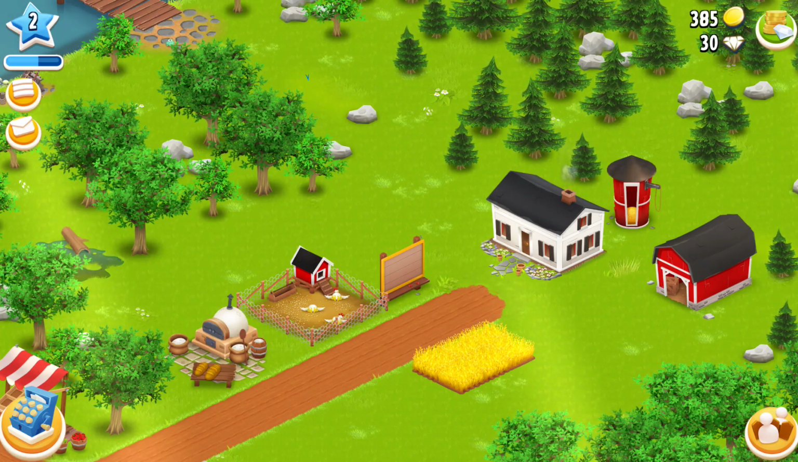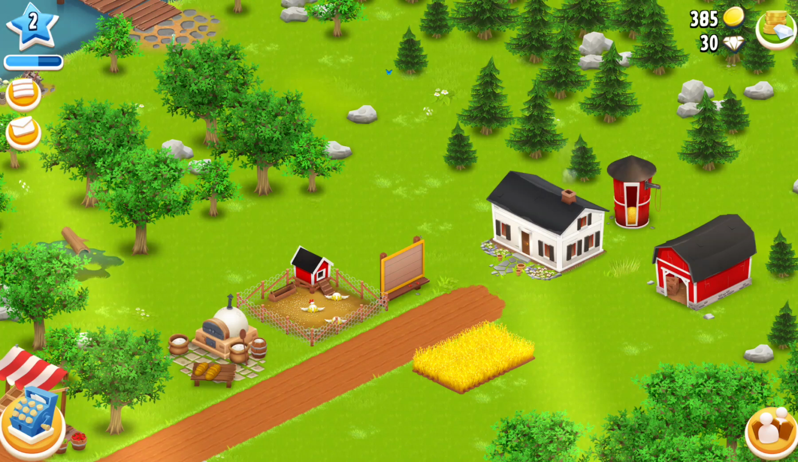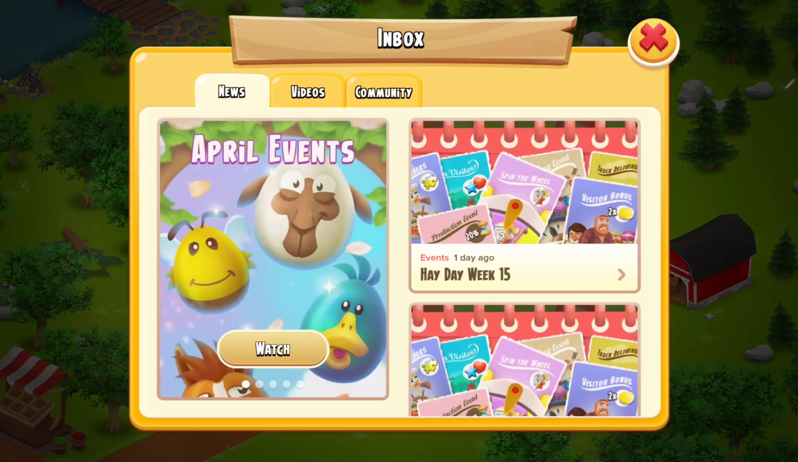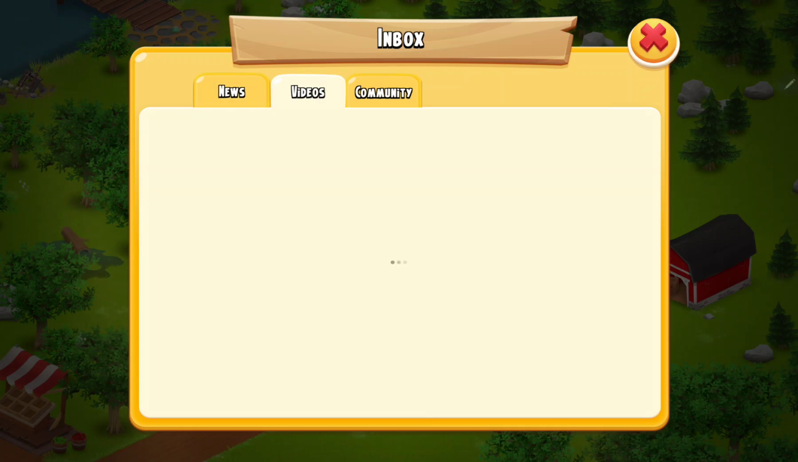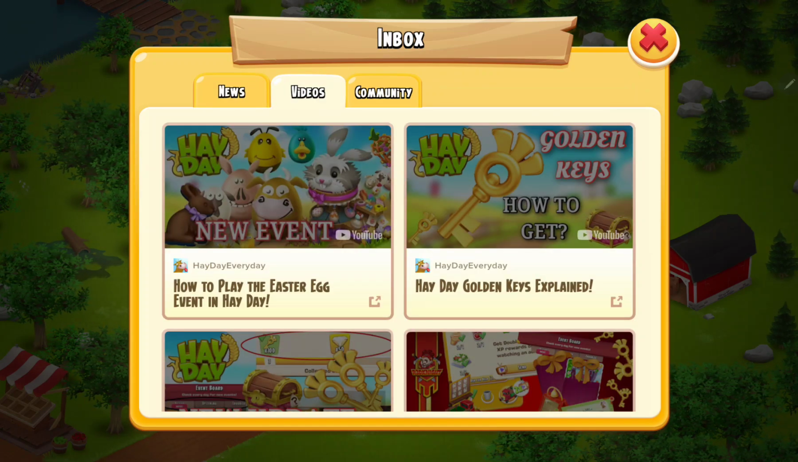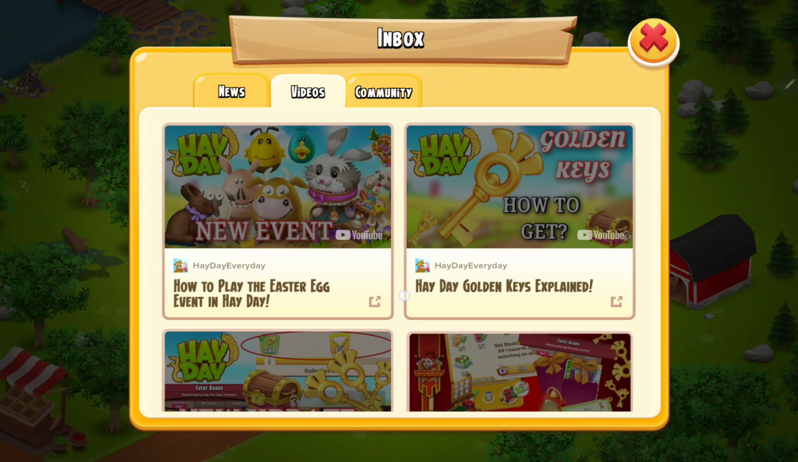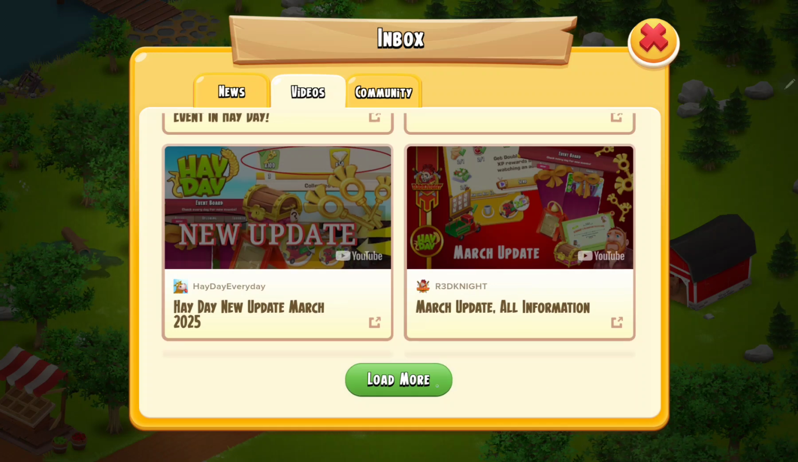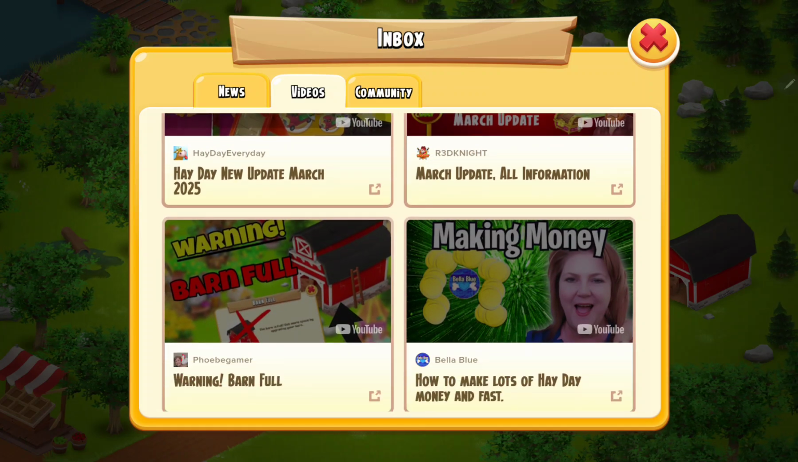Now, if you want to check videos, click the letter icon at the upper left corner of the screen, and here click the second button, the videos, next to the news. And here you can find the different videos. For example, how to play the Easter egg event in Hayday, Golden Case explained, March update, all information. And if you click load more, you can check